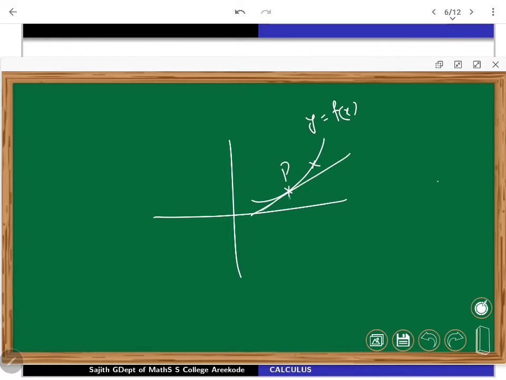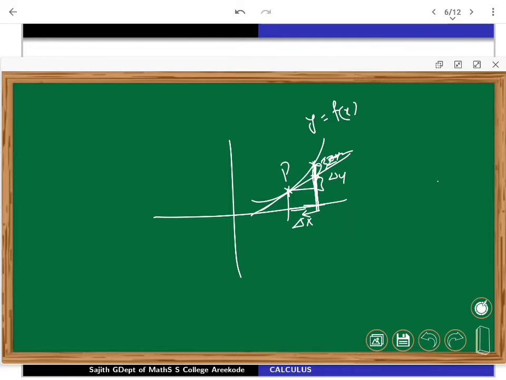Once again, this is our delta x part, and this is our delta y part. Now look at the tangent. Corresponding to this delta x, you have the delta y part. If you make the input variation smaller and smaller, that is, delta x small enough, what happens to this y coordinate? The tangent comes nearer and nearer, and the y coordinate correspondingly merges with it. That idea we will use.